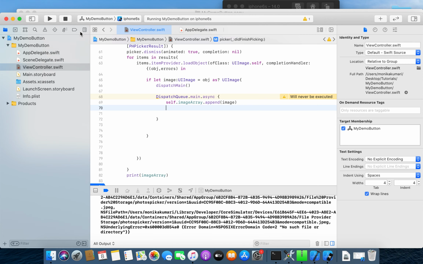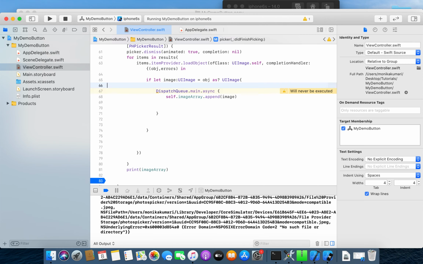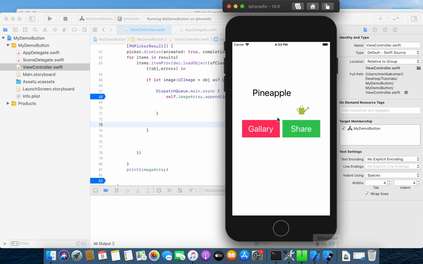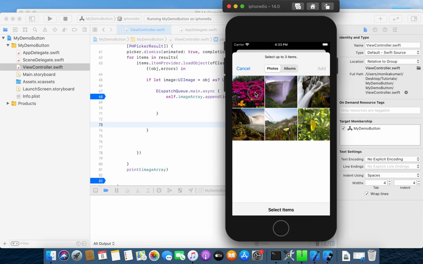So let us just relaunch our app. It was saying it will not be executed because we made some mistake over here. So relaunching our app, the warning is gone. So let me add a breakpoint over here, and we are going to select 3 items first.